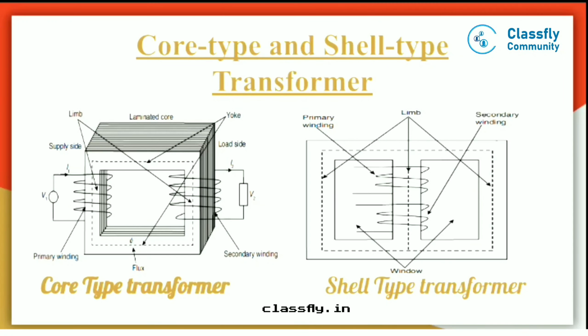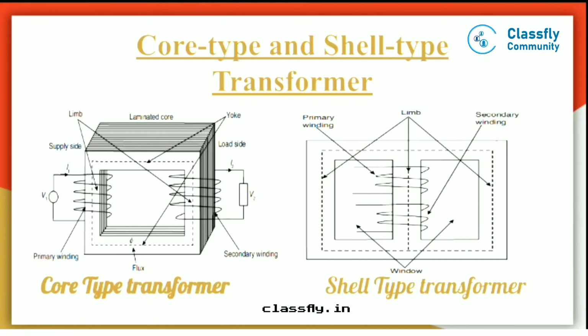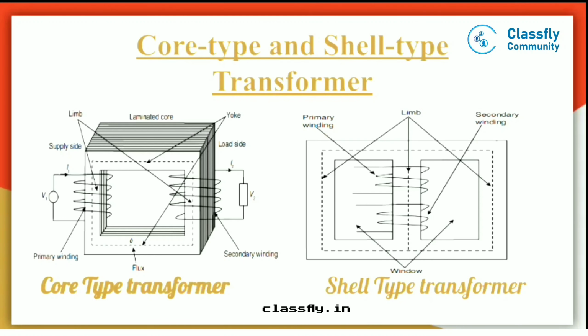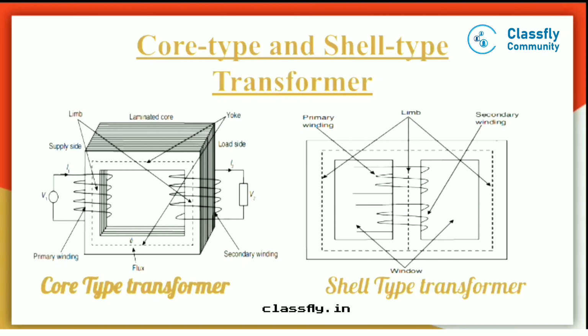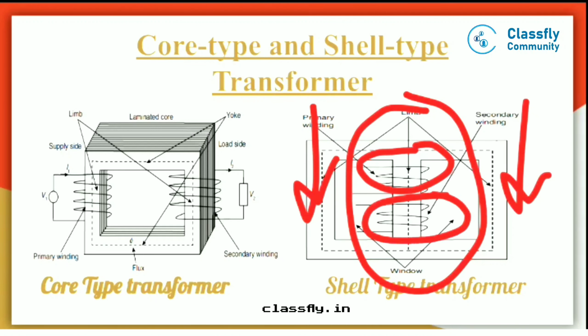As this magnetic flux is closed, that's why there is less loss, that is less core loss, you can say, or you can say that it will also increase the efficiency. Okay, so let's brief the whole thing. The core type transformer has two limbs, and both of them have their own windings, one on the primary and one on the secondary side. It also has a small percentage of leakage flux, which leads us to move over to the shell type transformer, which overcomes the leakage flux because the center limb has a larger cross-sectional area than both the outer limbs, and both the primary and the secondary windings are together.